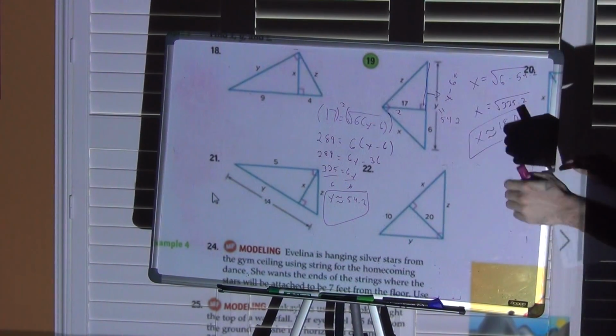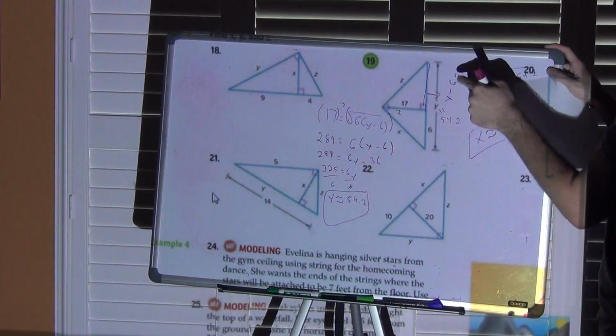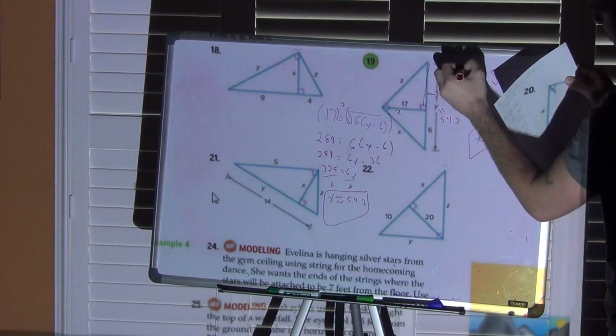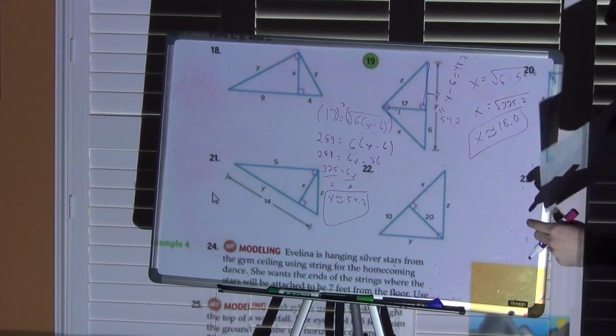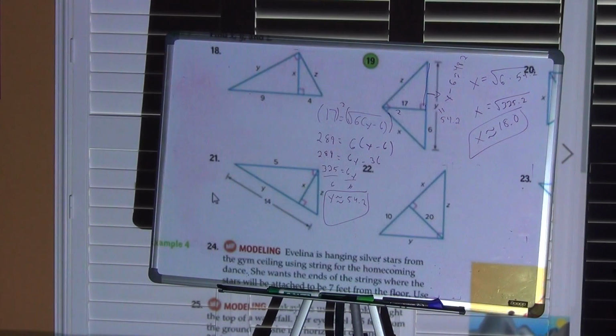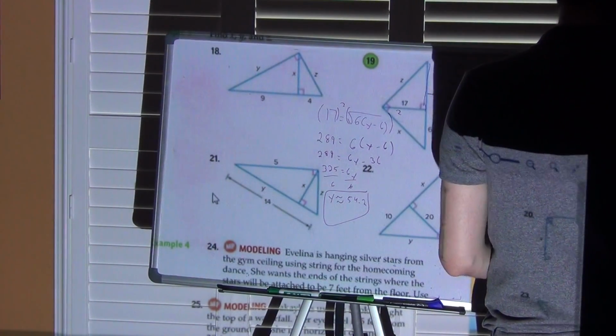I kind of write this sideways, but when I do 54.2 minus 6, I actually get 48.2. So this length here, the rest of this base, is 48.2. So in order to find z, just like I found x,